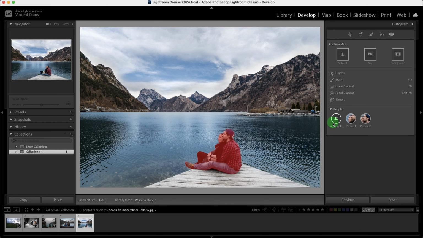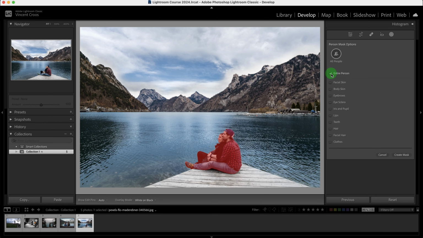the masking section, and it automatically detects if there's people in a photo, and you'll be able to select people individually. So for now, I'm just going to select all people, and then you can select the entire person or just their face, their body or skin or whatsoever. I'll just select their face, facial skin, select their lips, select their teeth. You can see there's an overlay building around them, and I'll leave the hair off, and then I'll